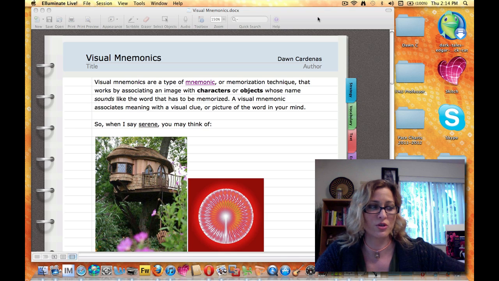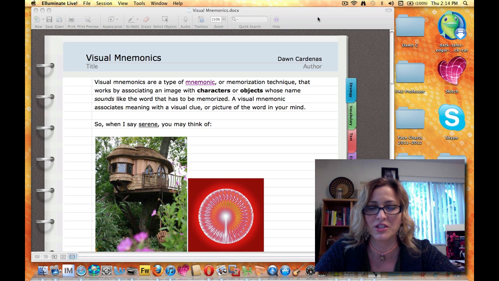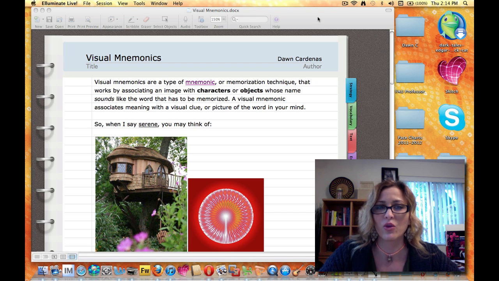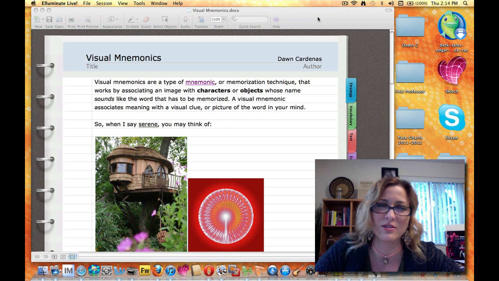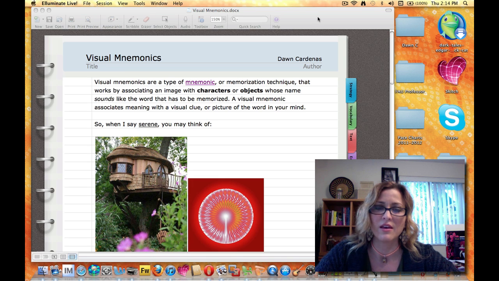For those of you who don't know, a mnemonic device is just a memorization technique. It's where you associate an image with a character or an object whose name sounds like the word that has to be memorized. When you learned the Great Lakes in elementary school, you memorized HOMES as an acronym, and that stood for Lake Huron, Ontario, etc. And we did Please Excuse My Dear Aunt Sally for algebra, and to remember the order of the planets,